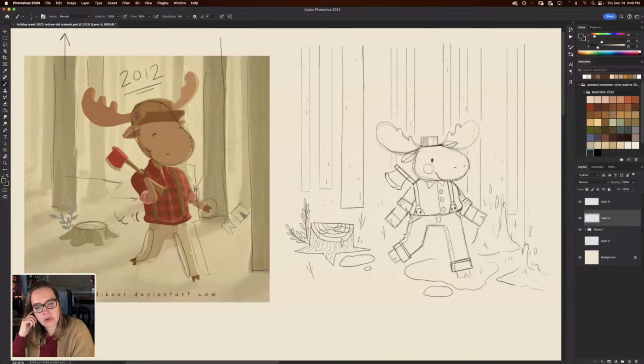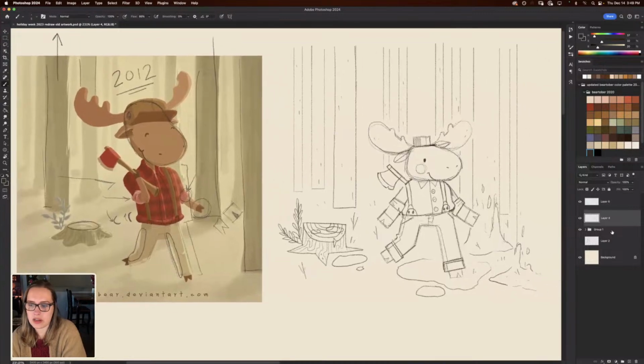On one hand, my style is less detailed than it previously was, but on the other hand, I think I've learned better how to add detail in a more simplistic way.